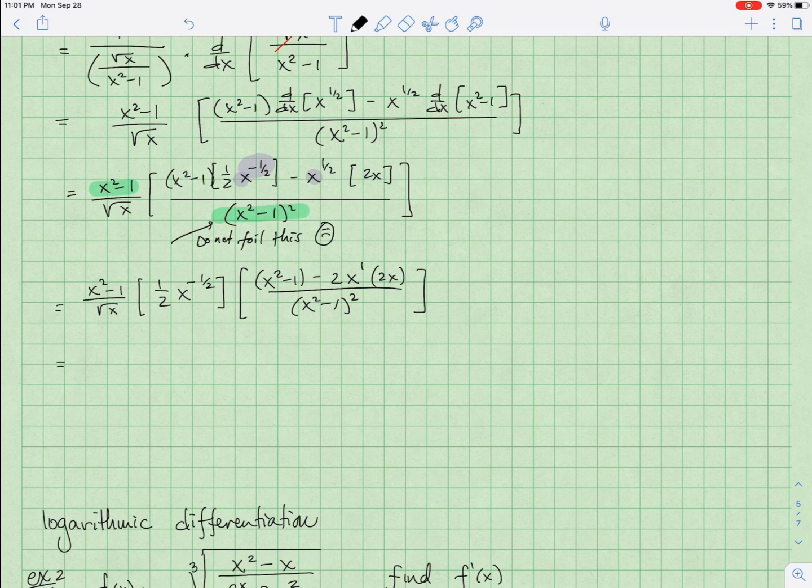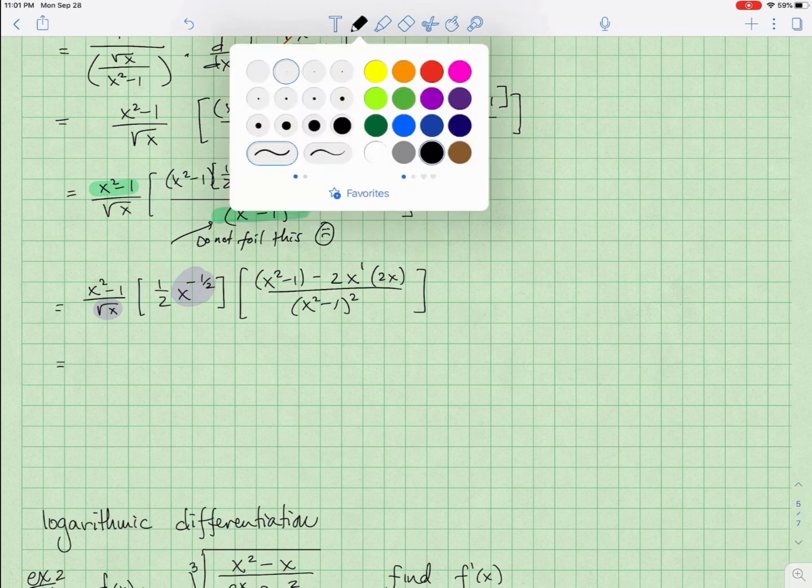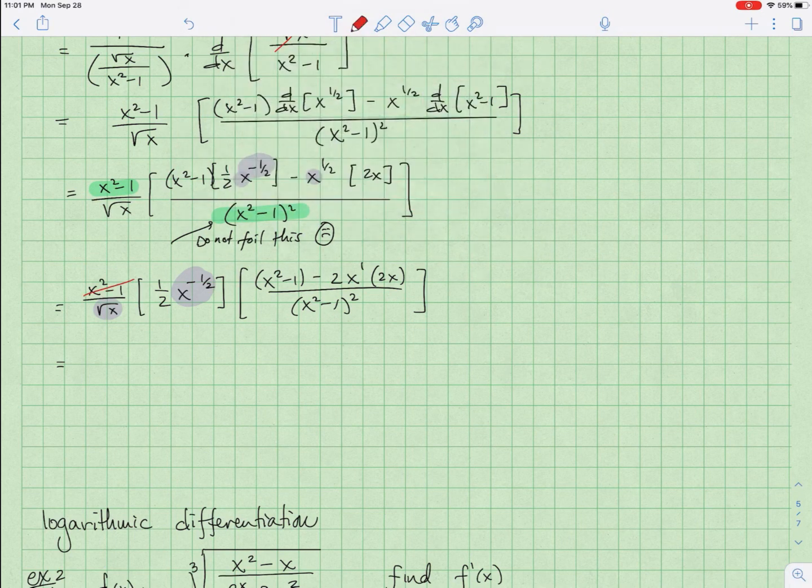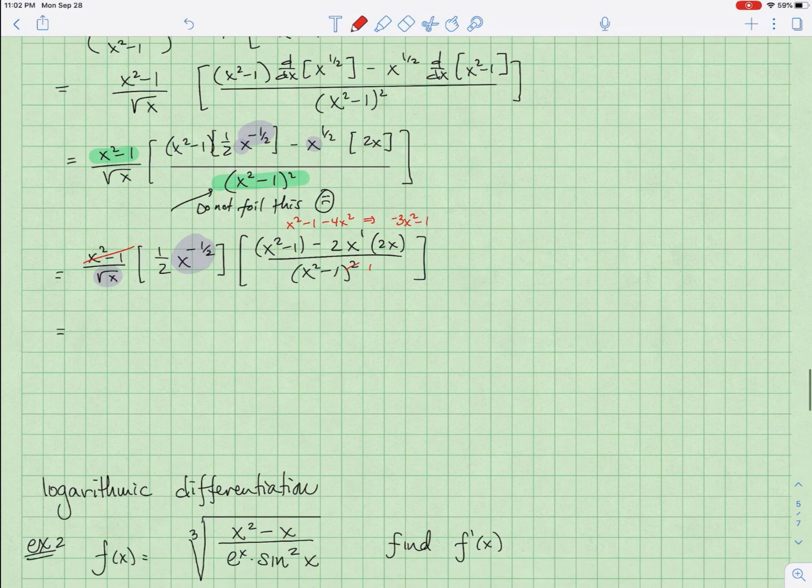Okay, so let's see. Ooh, that's another root x in the denominator. That's going to jive nicely with that one. And I'm going to get some cancellation here with at least one factor of this x squared minus 1. So let's see, and then this is x squared minus 1 minus 4x squared, which is really a negative 3x squared minus 1, something like that. And this will become, if I'm not mistaken, and I've been known to be mistaken, negative 3x squared minus 1